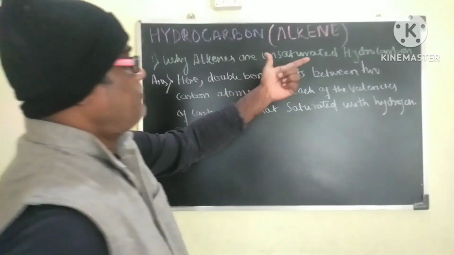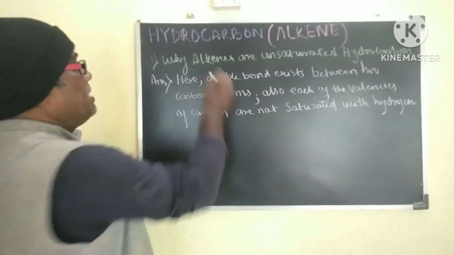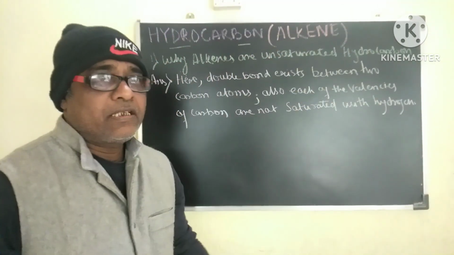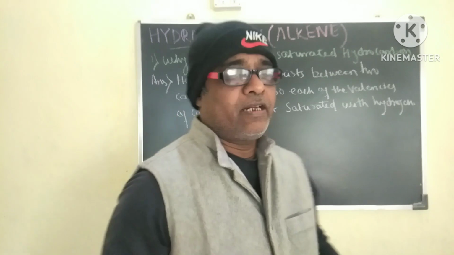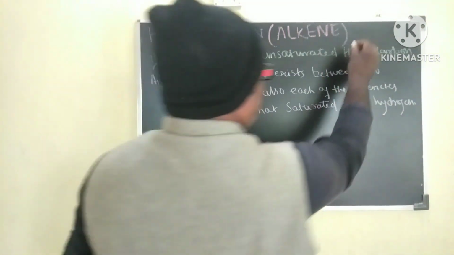So today we are going to start with alkenes. We know that they are hydrocarbons. Hydrocarbons are the compounds containing hydrogen and carbon. Also, hydrocarbons are saturated and unsaturated. Saturated ones we have already read. Regarding alkenes, today we are going with alkenes, whose general formula is